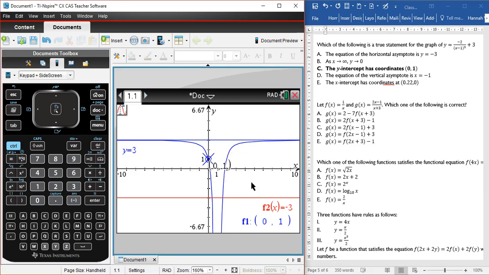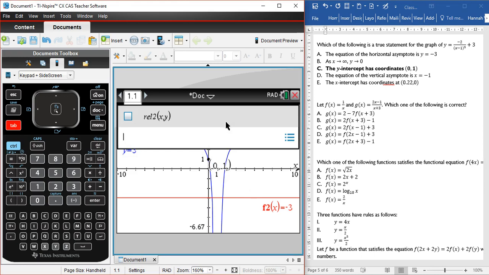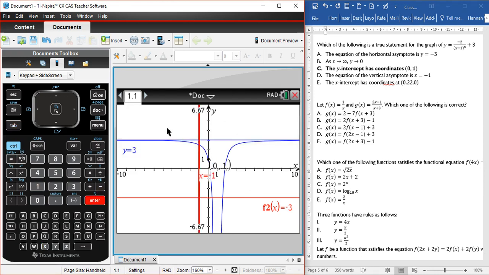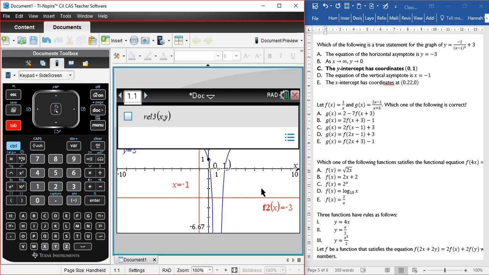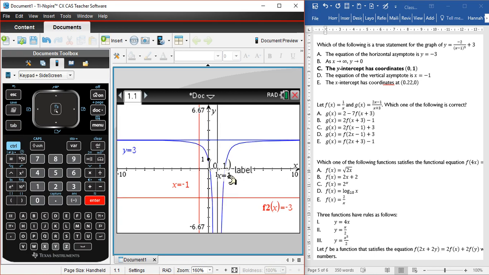I'm gonna tab just to get it out. Okay, this is already in relation mode, so I can just write x equal to -1, and it's here, which is definitely not the asymptote. I think the asymptote occurs at x equal to 1. Actually, if you want to check, you could do that too. There's your asymptote. So your vertical asymptote is at x equal to 1, and the horizontal asymptote is y equal